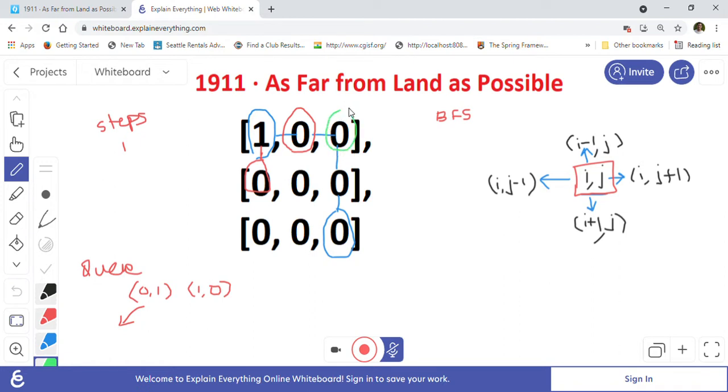We will take this one and put it into our queue. So now we will put 0 comma 2, which is the coordinate in the matrix, and it will go downward. It finds another water cell, this one, and we will put the coordinate 1 comma 1 for that one. So this one is done.